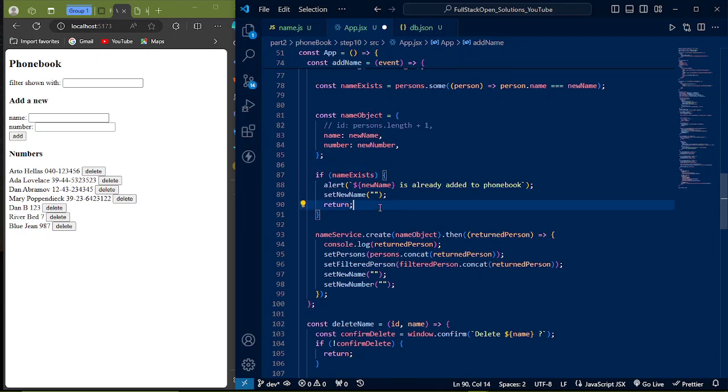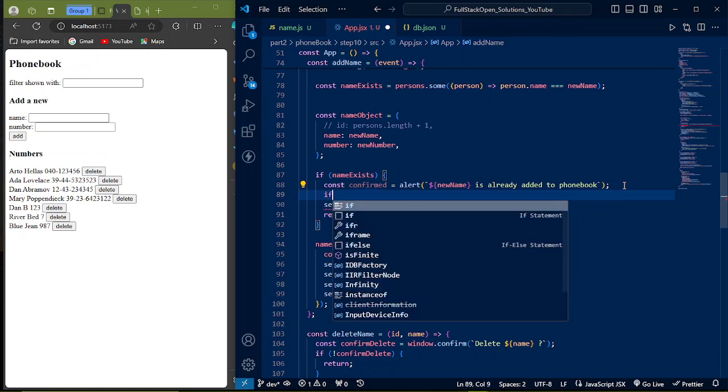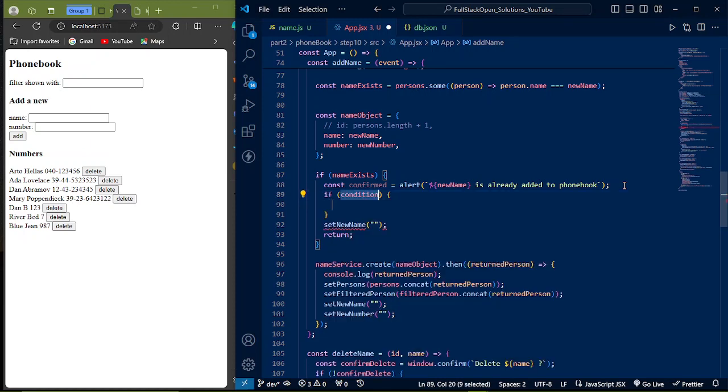So we are going to be adding this create function inside this if name exists. But before we want to do that, let's first assign this to a variable name. Let's call it const, let's say confirmed. Let's call it confirmed name, or let's just call it confirmed, right? The next we want to do is we come to the next line and say we want to use a conditional statement. Now we say if not confirmed,